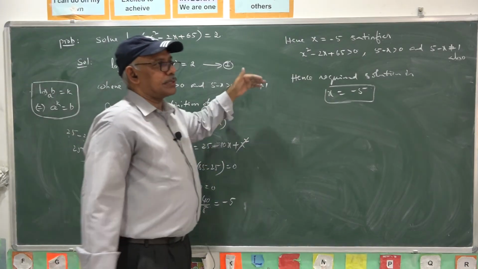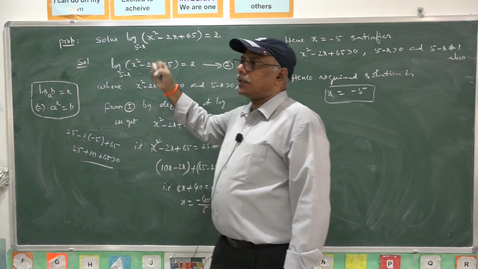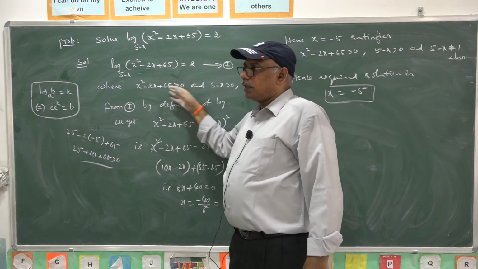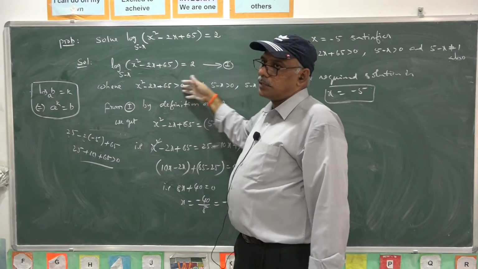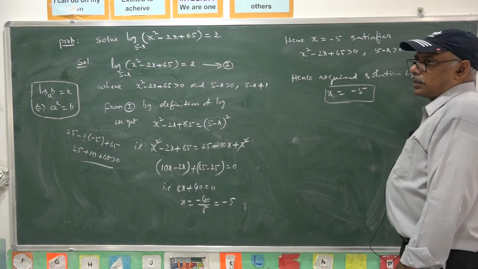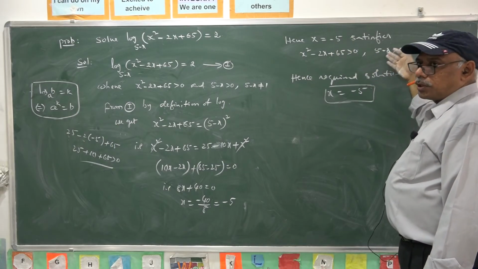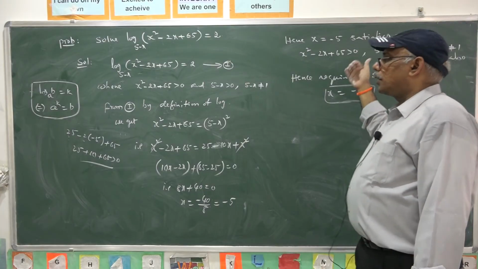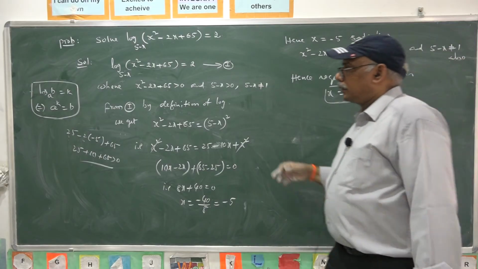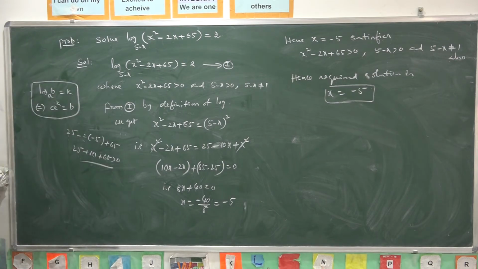Once you find the value of x, check whether that value of x satisfies all the conditions related to that equation. Here this equation exists only whenever x satisfies these conditions. So, clearly the obtained value of x equal to minus 5 satisfies those conditions. Once you put x equal to minus 5, this is positive and this one is also positive and it is not equal to 1. So, all the conditions also follow. Hence, the required solution is x equal to minus 5. That is the way of finding the solution of the equation.